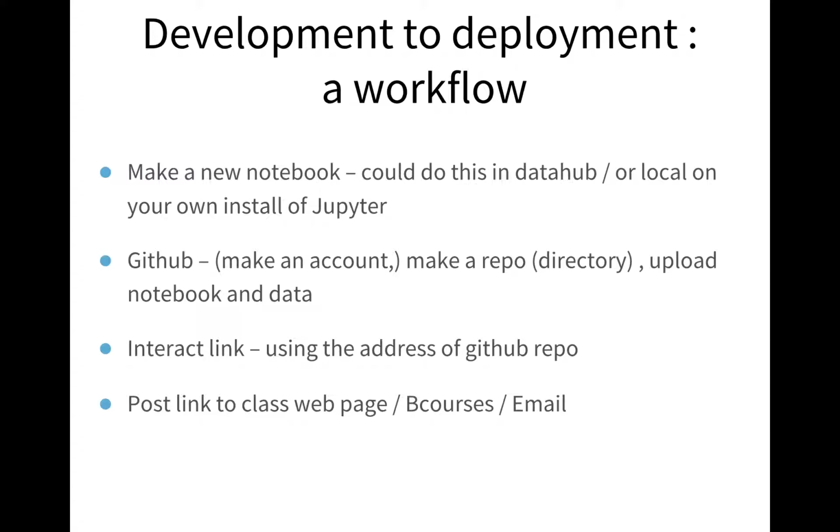I could put it on bCourses. I could email it to the students. We could be working together, and I might not be done yet, and I could send you a link. Hey, check out this latest copy. Open it up. See what you think of this version. How does the map look today? Is that going to work for you?